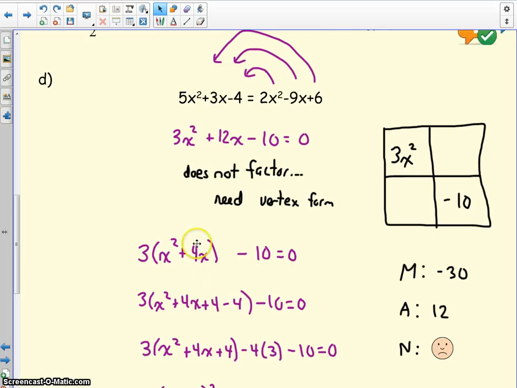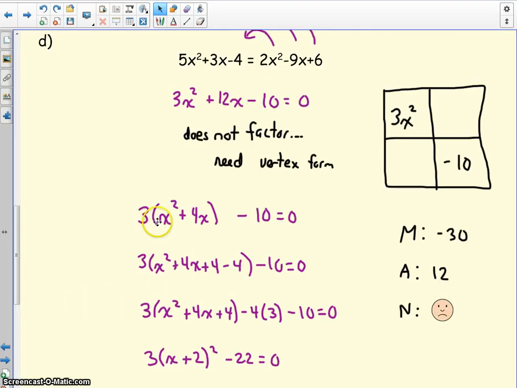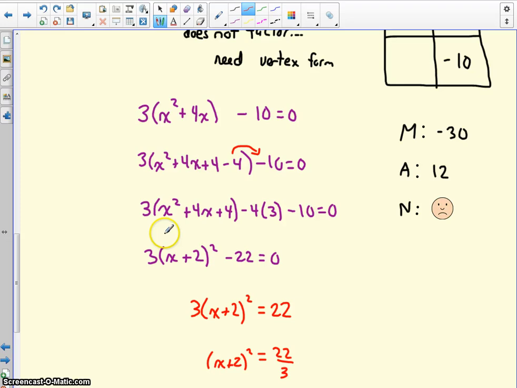So I did complete the square. I didn't show all the steps. I didn't show the array, but when I factor out the 3, I get x squared plus 4x. In the array, I'd figure out if I split 4x evenly, it would have 2x and 2x, so I'd have to add 4 and subtract 4 to complete my square. I don't need the minus 4 as part of the completing the square, so I kick it out of the bracket, and it gets multiplied by the a value of 3. So I wind up with, in the end, once I've simplified everything, 3 times bracket x plus 2 all squared